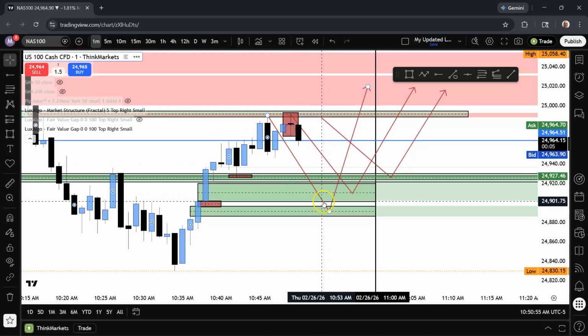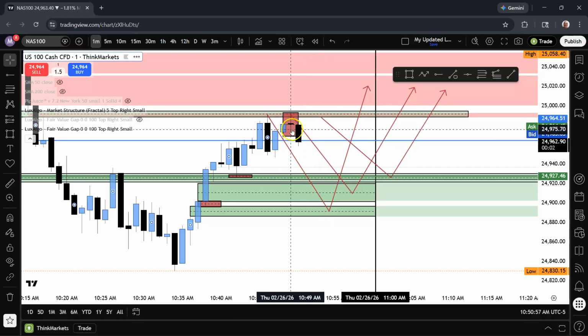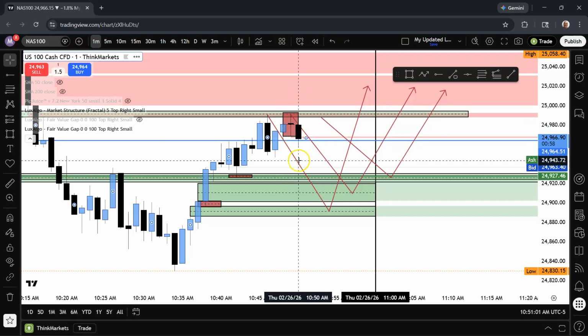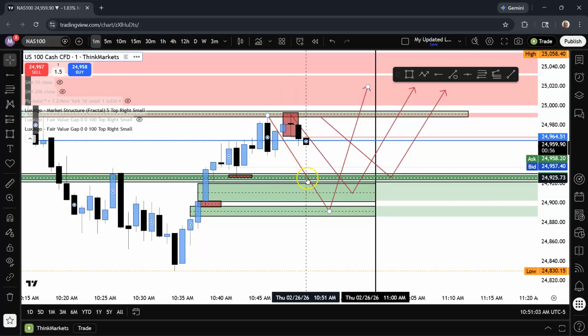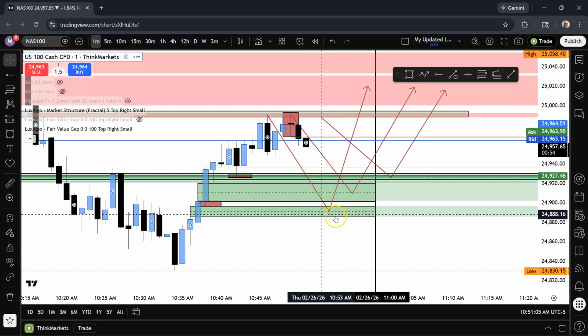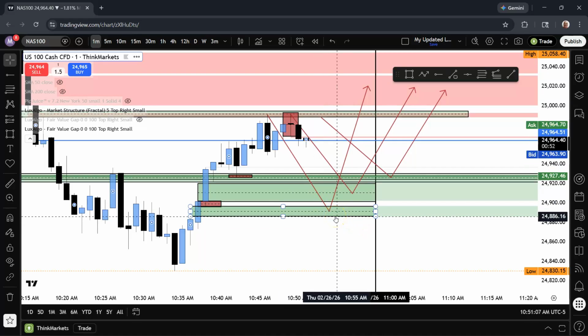That's your doji candle, and it's plotting below it, so that means it's going back down. So I can get into a trade and try to ride it till it hits one of these fair value gaps, but I'm not gonna do that, because last time I did that it faked me out. So I'm gonna wait for it to come down on its own, and then if it does come down to my